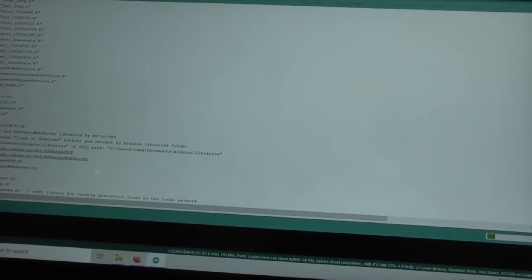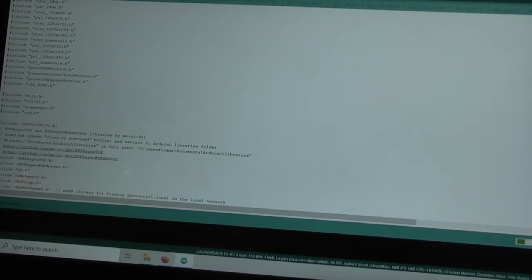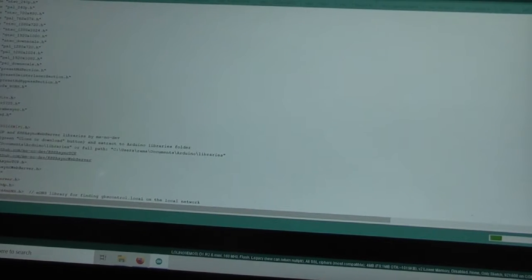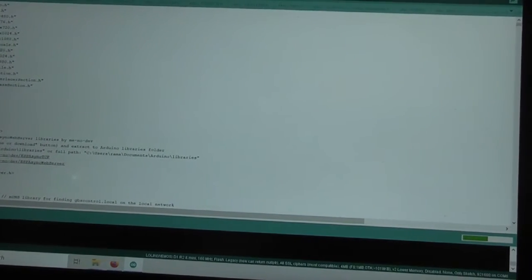So right, we're back to where we started again, and we need to do sketch and then verify or compile. I realise this is slightly off the top of the screen for you, but let me just get going with it. A little progress bar is there down in the corner, and it's still green for now, whereas that pretty immediately turned to orange before. There is a warning in the instructions that this compilation might take some time. The progress bar is moving a little bit right now. Let's stick with it a moment or two, give it the benefit of the doubt, and maybe it will be worth waiting for,